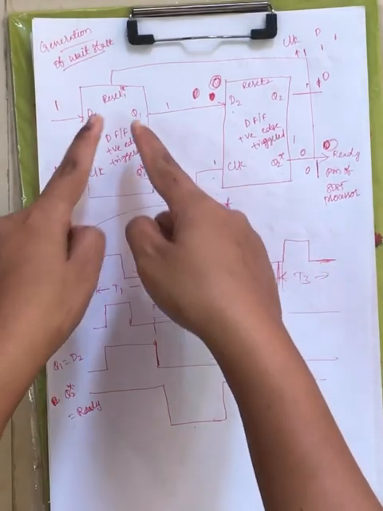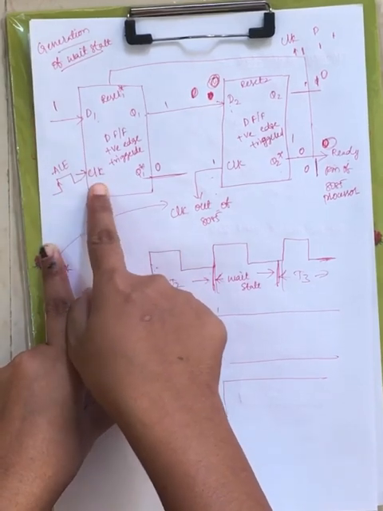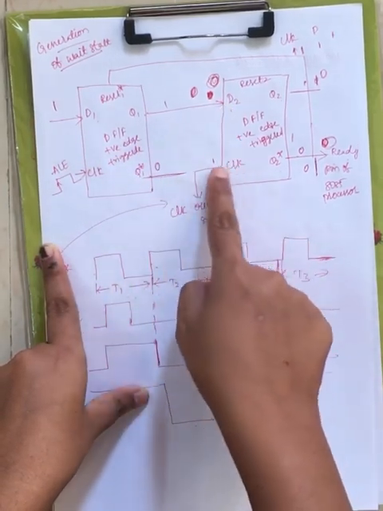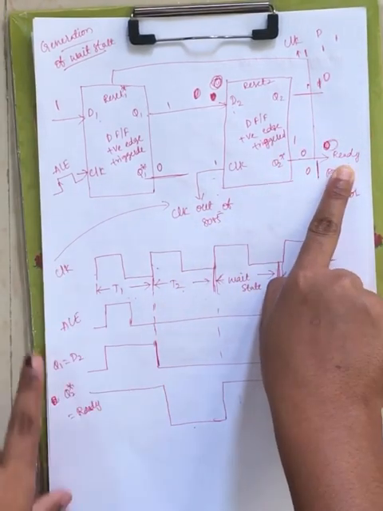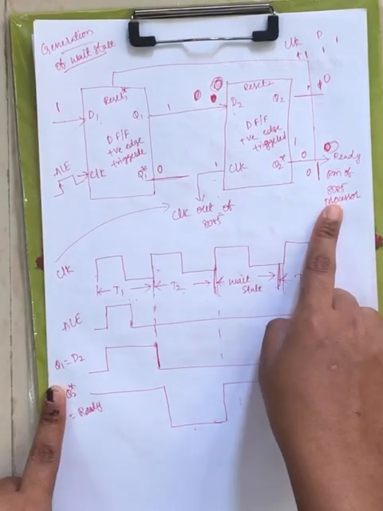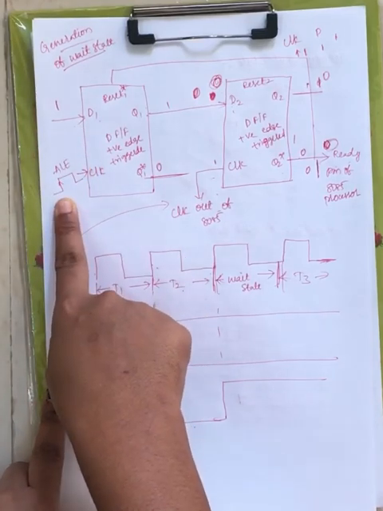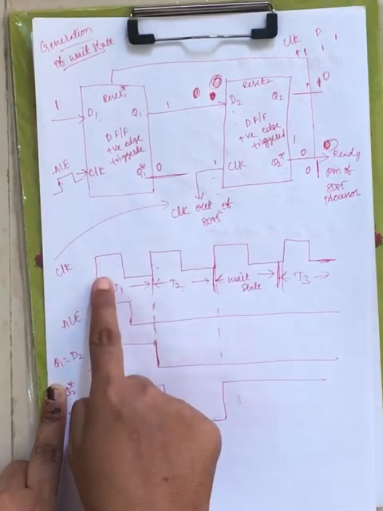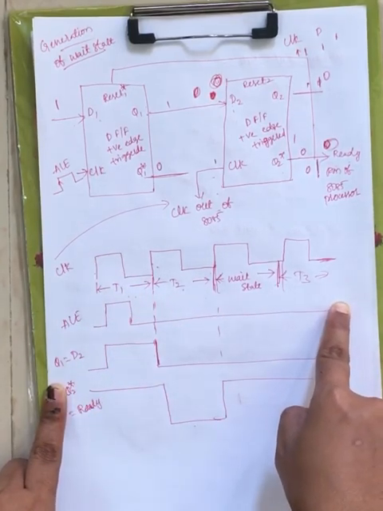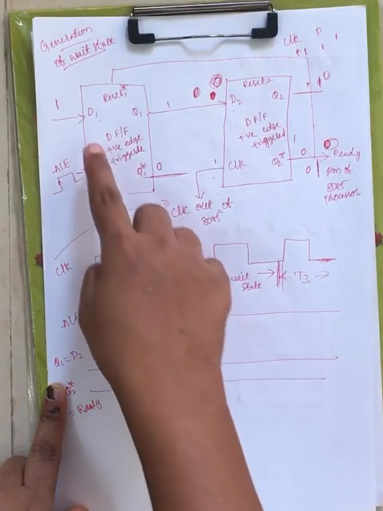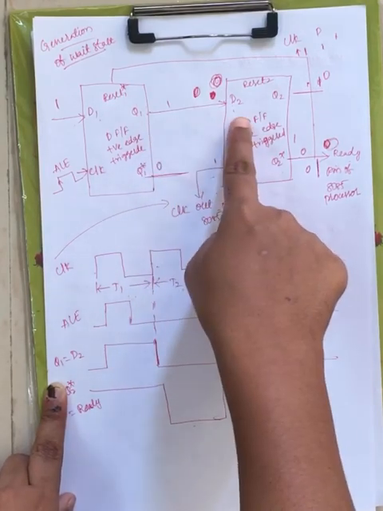Now let me explain again. Two flip-flops we are using. D1 is 1 and ALE is the clock, Q1 goes to D2. To this clock we are connecting the clock out of 8085, and Q2, the next state of the second flip-flop, is connected to the ready pin of 8085. Now D1 is always 1, and ALE will be high during the positive edge of T1. At the beginning of T1, ALE will be high and for the remaining clock cycles it will be 0. When both are 1, Q1 will be 1 and the next state will be 0. Now this is connected to D2.